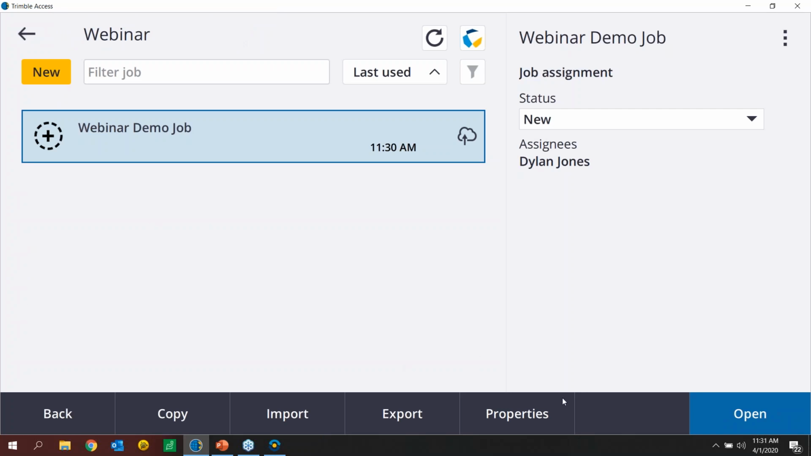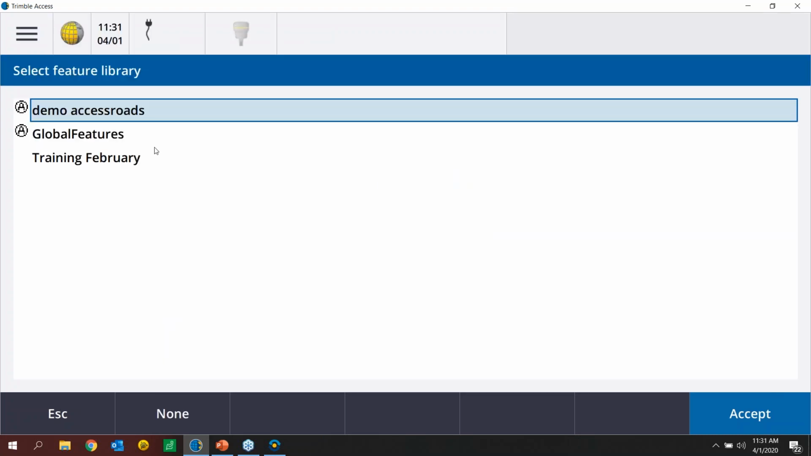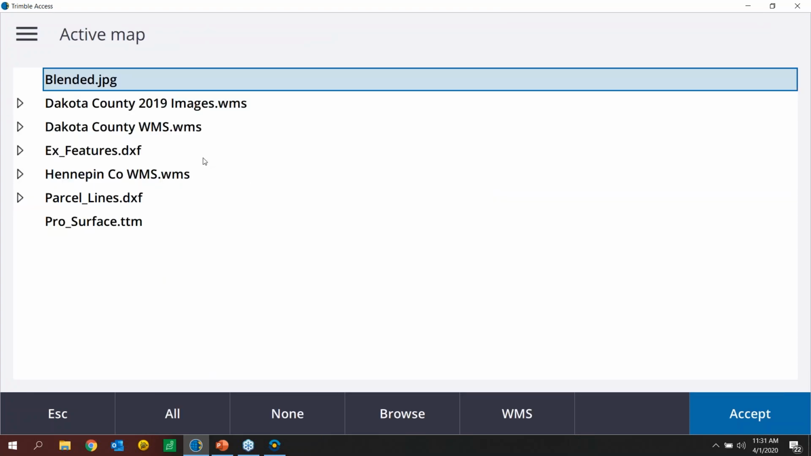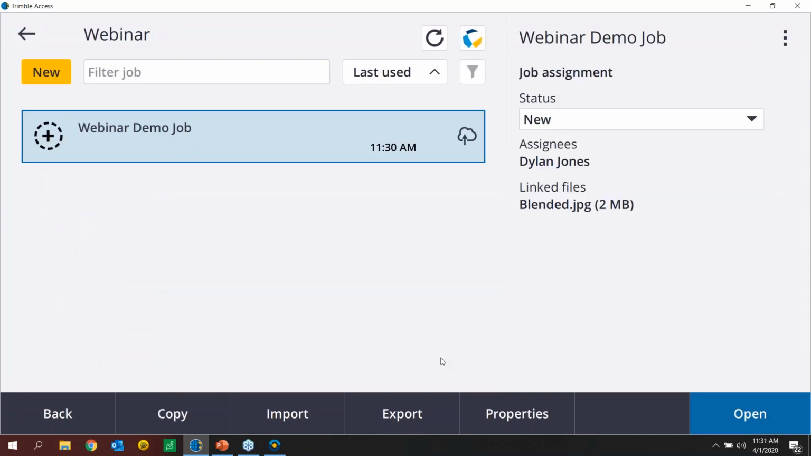At this moment, if we need to do any sort of import, export, or copy, we can do that down here at the bottom. And we also have the opportunity to look at the properties of the job. So if we need to make any changes, we can do that right here. Like maybe I want a feature code library, and maybe I want a couple active map files turned on. I'll do that one here just to start. Hit accept